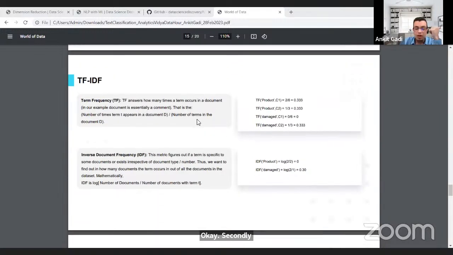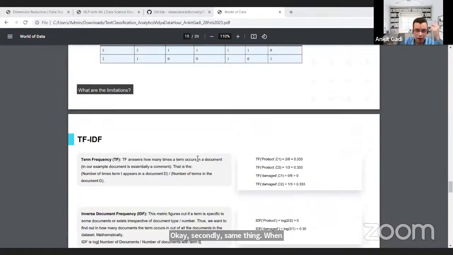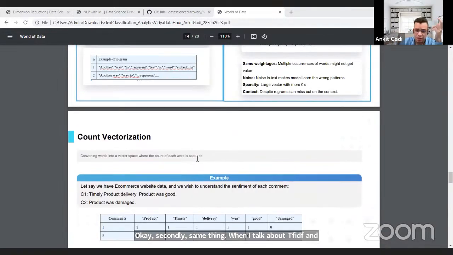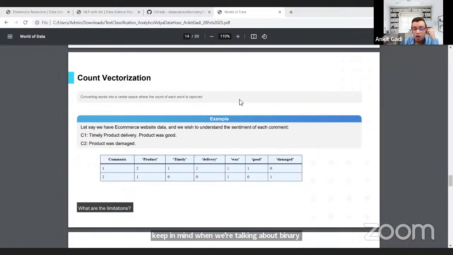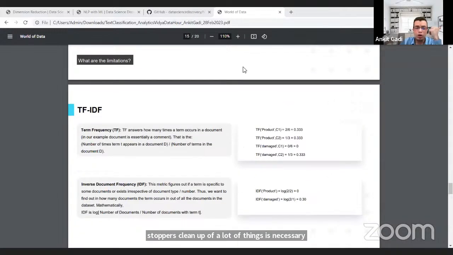Secondly, same thing when I talk about TF-IDF, and keep in mind, when we were talking about binary vectorization, we talked about noise. Count vectorization, yes, noise is also a factor. That's why removing stop words, cleanup of a lot of things is necessary. But again, going to, let's say,